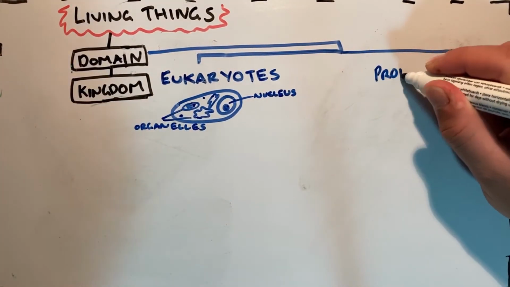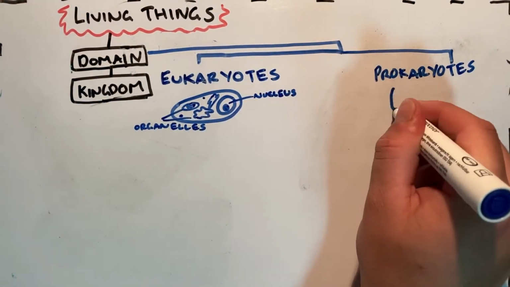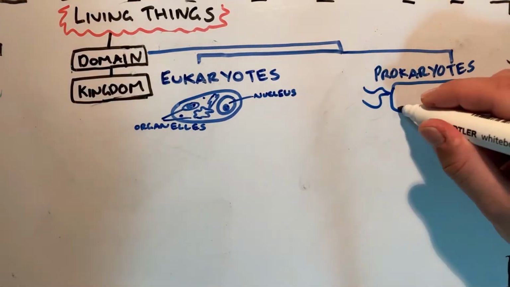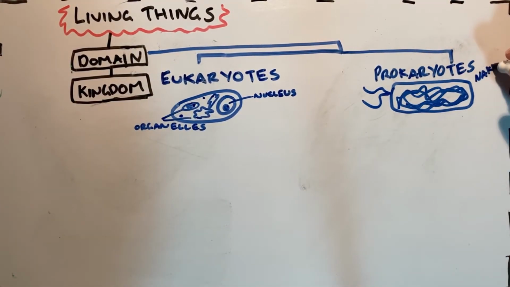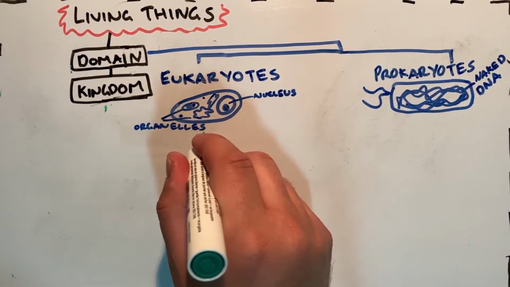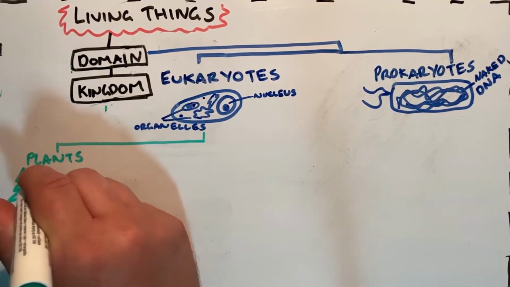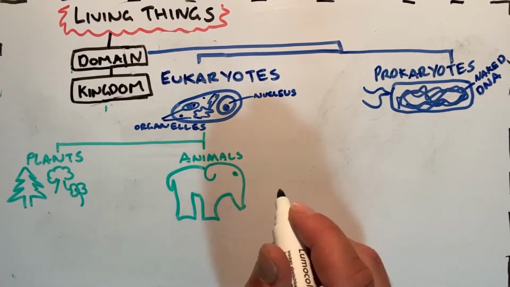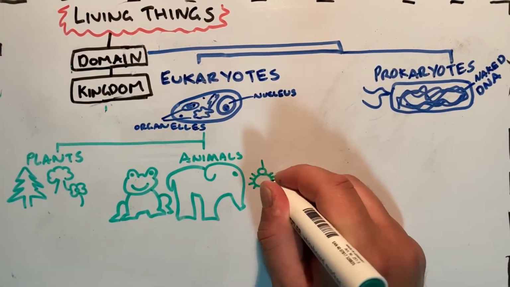The prokaryotes, on the other hand, are a little bit simpler. They don't really have a nucleus. Their DNA and RNA and organelles are just kind of floating around inside the cell itself. So as you may have guessed, the eukaryote domain tends to be a little bit more interesting. And within it, we have a number of kingdoms. Remember, kingdoms are just below domains. Included within the kingdoms of eukaryotes, we have plants, animals, and fungi.